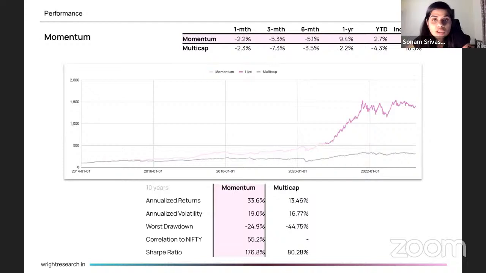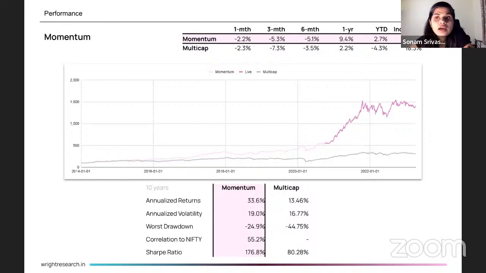And if we look at data for the last 10 years, you will see that the annualized return for this portfolio is almost 35%, right? The risk is slightly higher than the market, but the drawdowns are lower because it is very well diversified. Plus, we also use deallocation to ETFs here. So when there is too much high risk in the market, or when we see that the portfolio is showing a drawdown, we remove some part of the portfolio and move to ETFs, liquid ETFs or cash-linked ETFs, which reduce your drawdown.